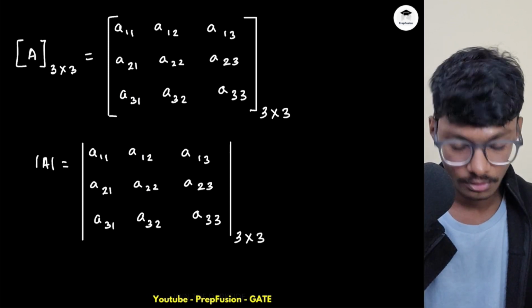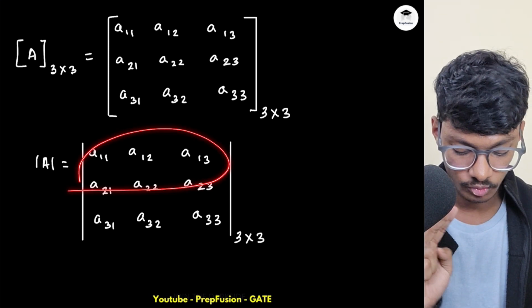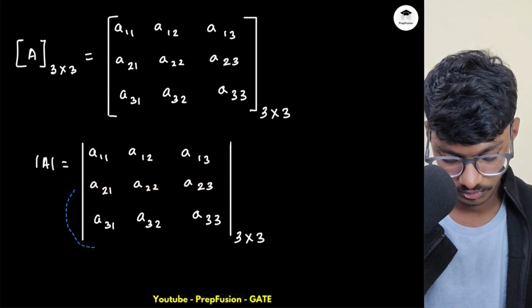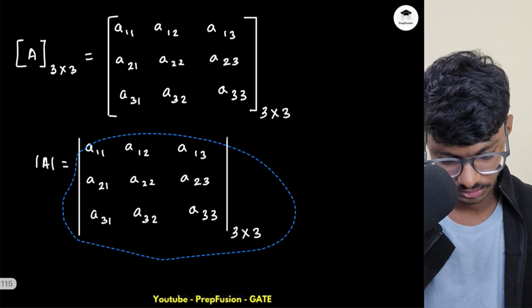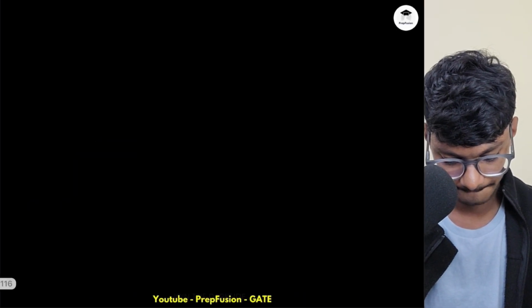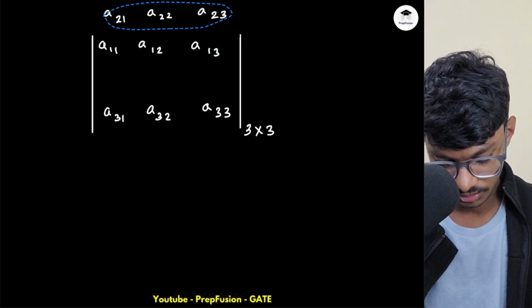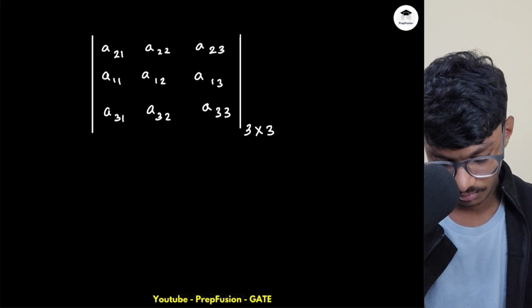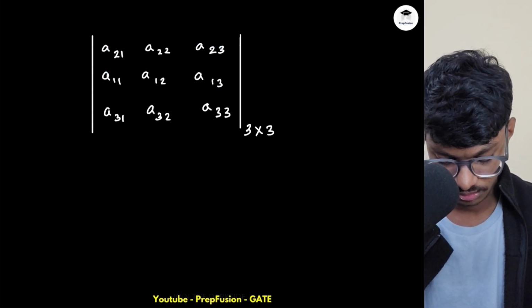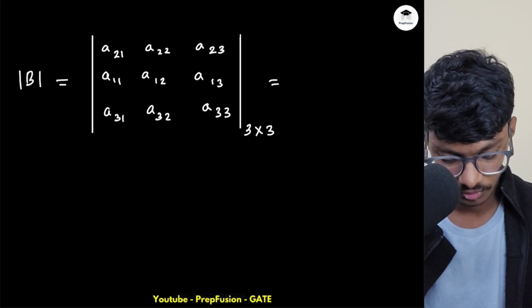Three cross 3. Okay, so now if I interchange the sign, like now if I swap these two rows, so what I will do is just copy this, and let me paste this, and swap these two rows. If I swap these two rows, let me name this as B, determinant of B will be equals to minus of